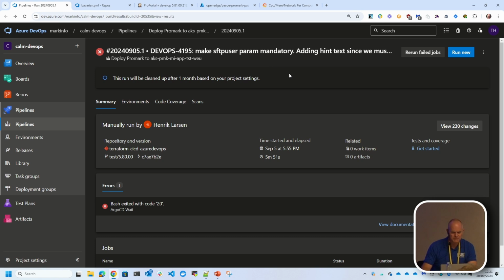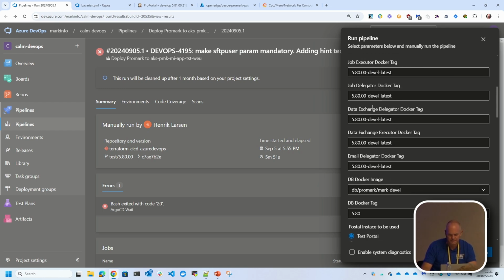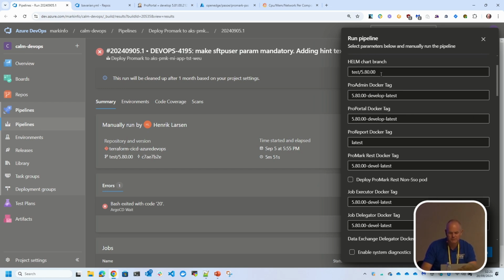Right, so if I was going to spawn a new environment, I do that by running a pipeline. Here I'm just going to take a run of one of the previous runs we had, and I'm just going to change the customer name here to PUG. You'll see all of these different properties or parameters that get passed into the pipeline. These get set inside the manifest file. So this is why I set